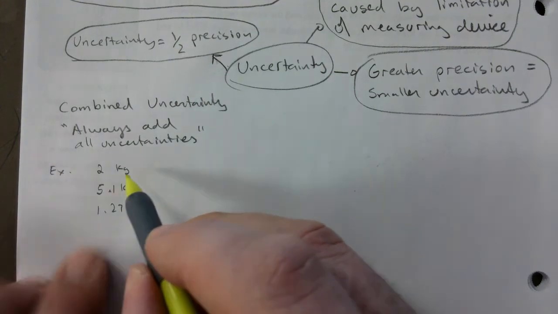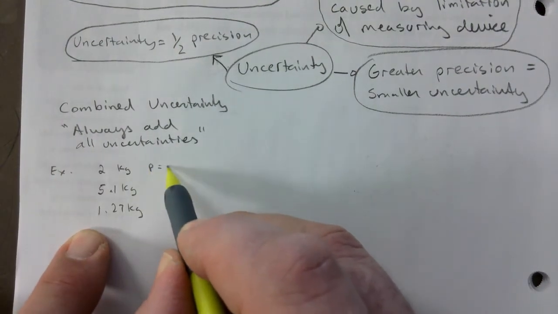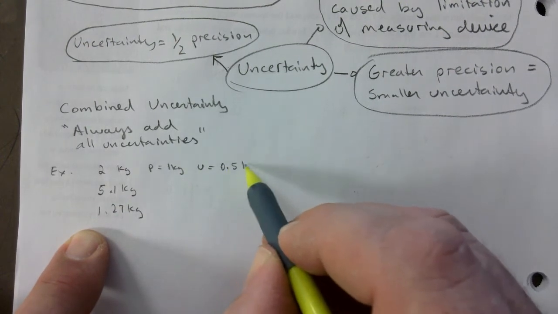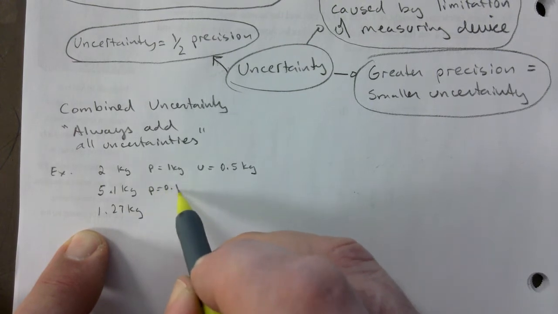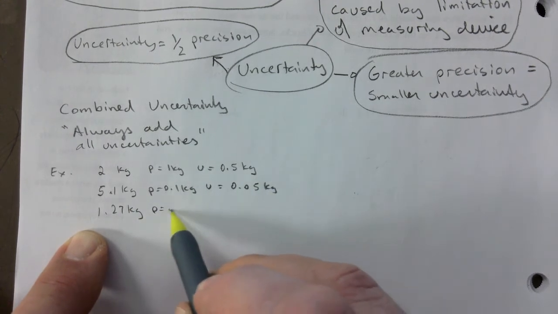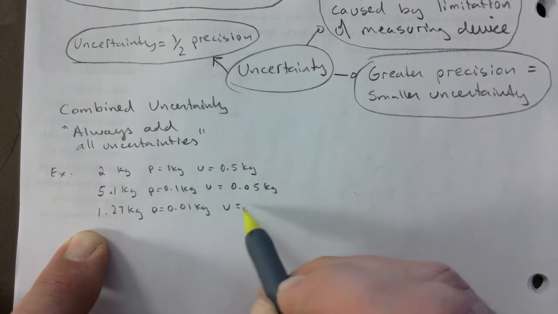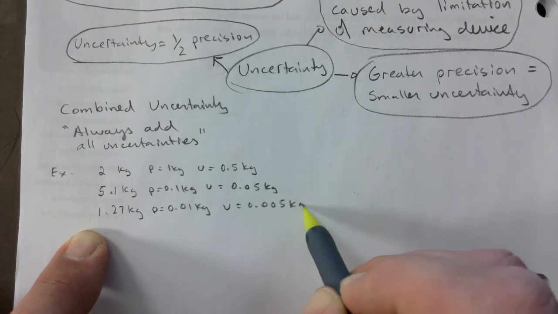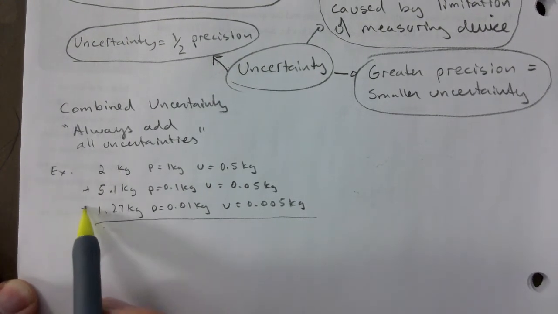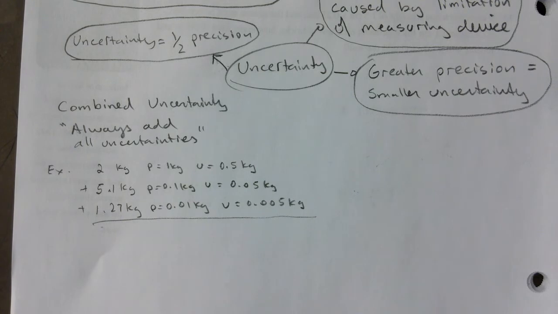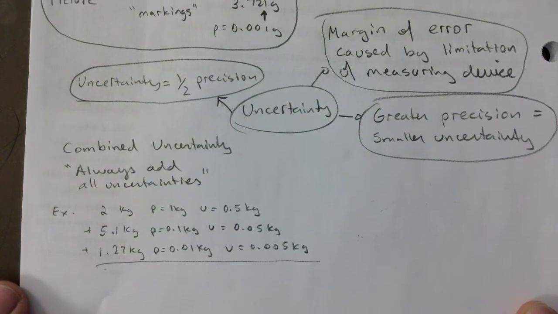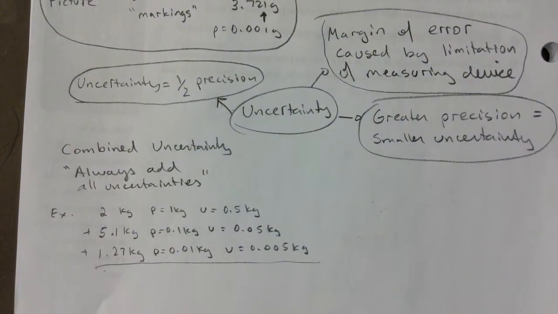Right? So if you had them like that, I will allow you to take the precision and the uncertainty right next to it like that. Right? And then just make a line like that. Yeah. Up. Is that good? Okay. So if we add this up,